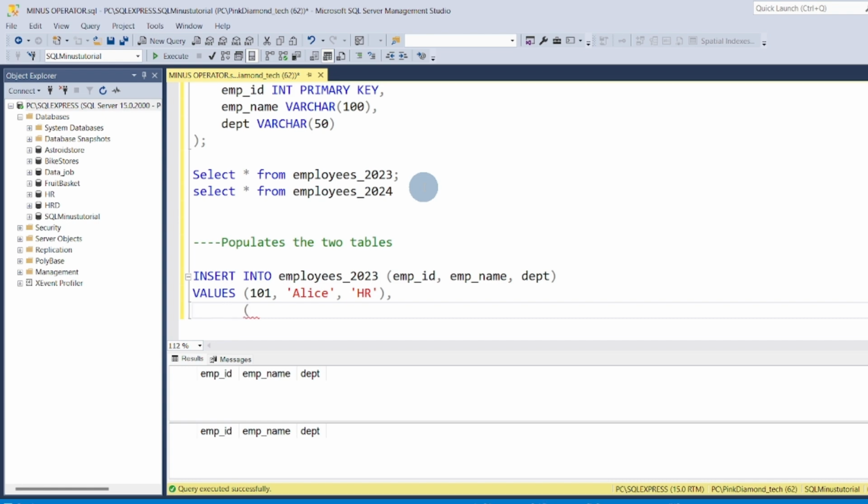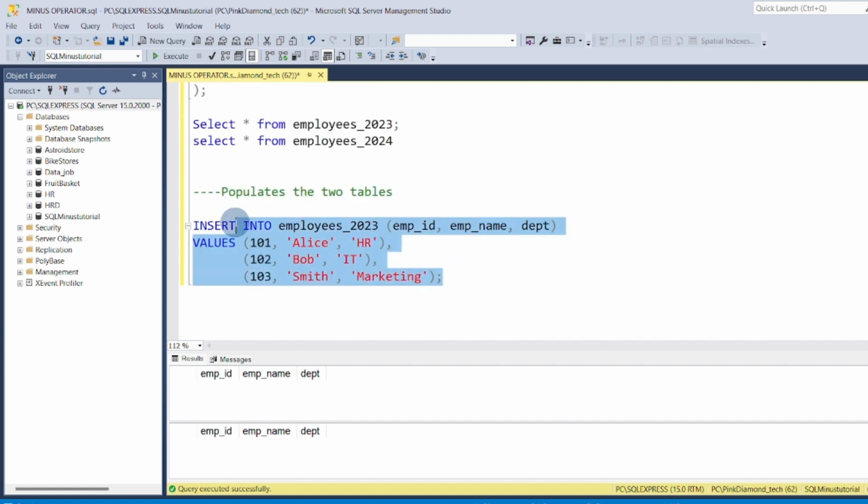here you have 102. Should be Bob. You can just populate with any name you like, not necessarily using what I'm using. IT, close this. Okay, 103. Go ahead and change this one to, you can say, Smith, and Smith, Marketing. You close this with a double quote, then